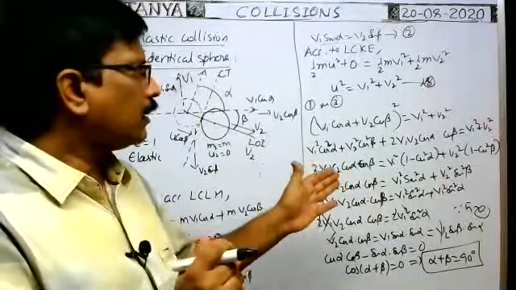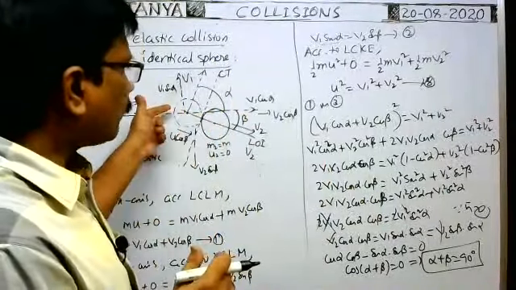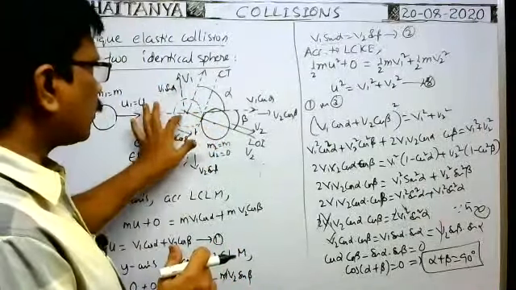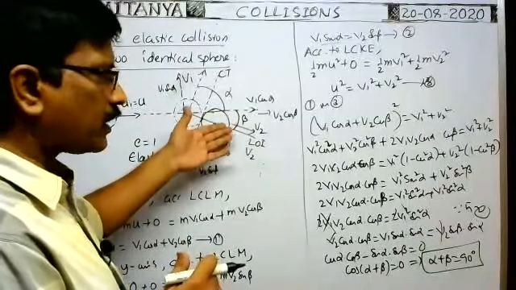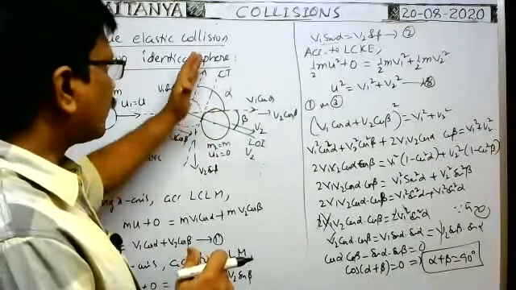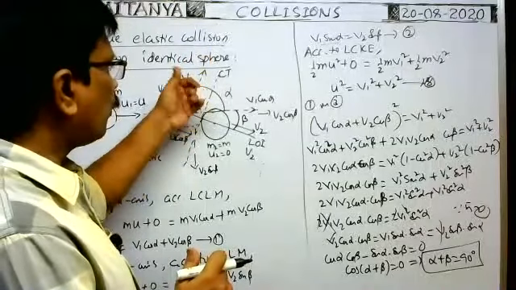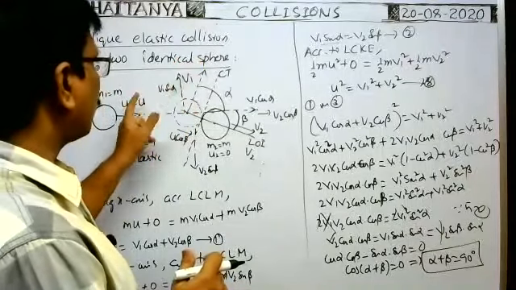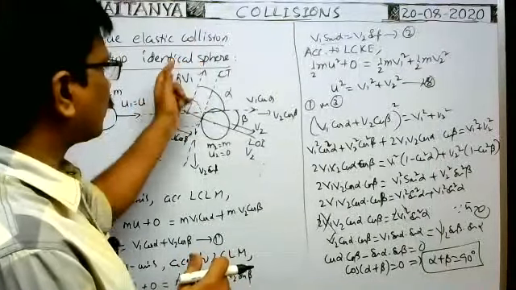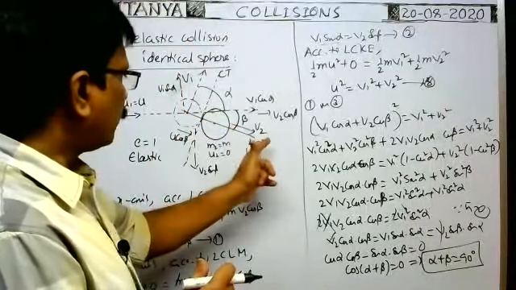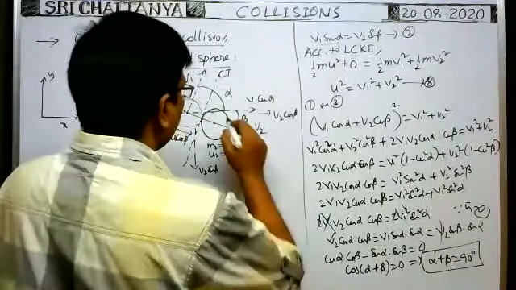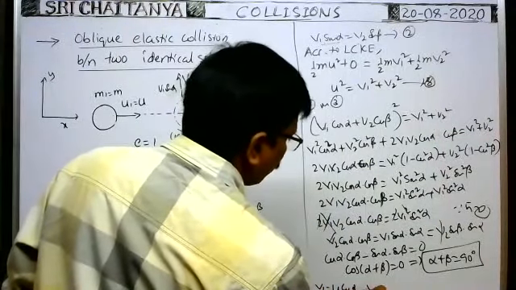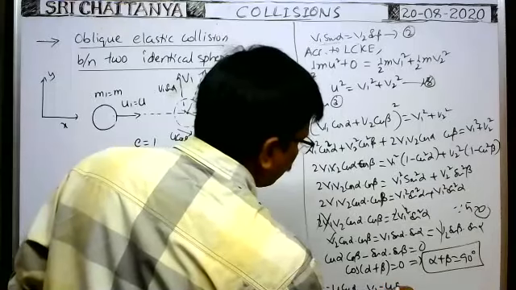We can do it like this, by taking the concept of one-dimensional collision. Along the line of impact, this comes to rest in this direction and this flies off with a velocity. Previously I said that velocity. Along the tangential direction, no force acts on them. The velocity component of the sphere before collision along this direction does not alter. That is equal to u cos alpha in this direction and u cos beta in this direction. So after collision, the velocity of the first sphere is v1 equal to u cos alpha and v2 is equal to u cos beta.